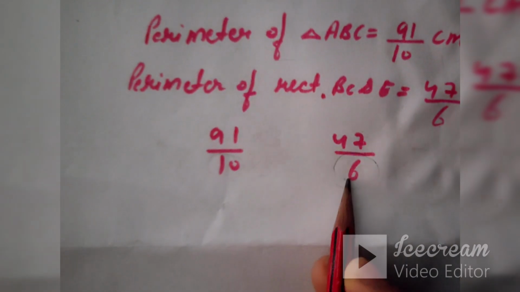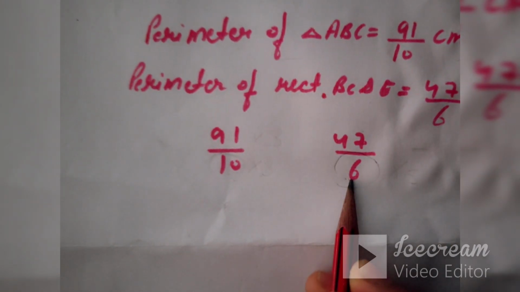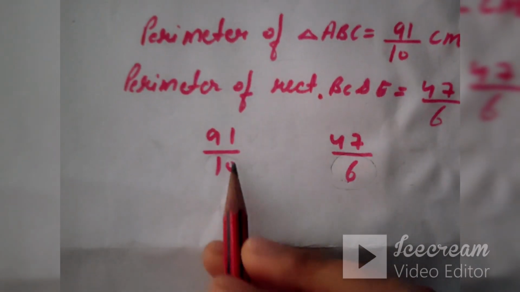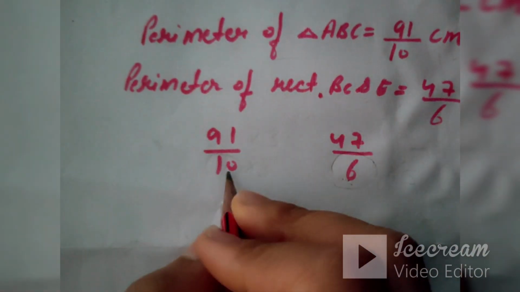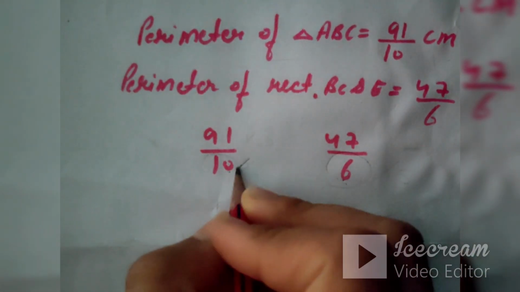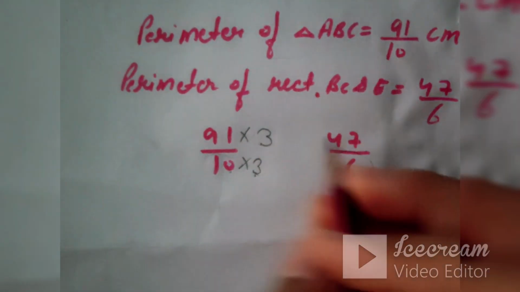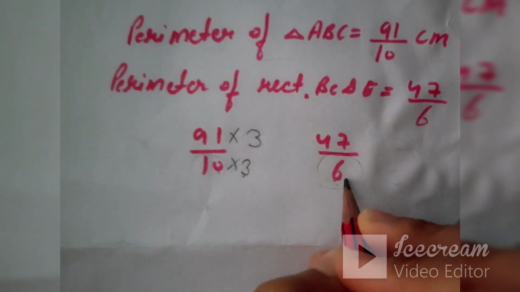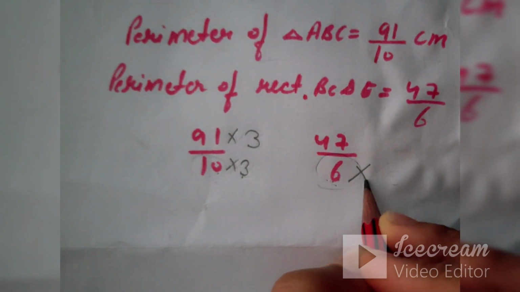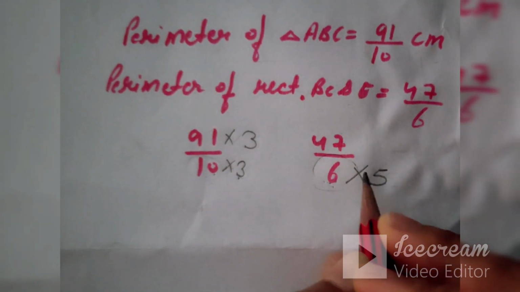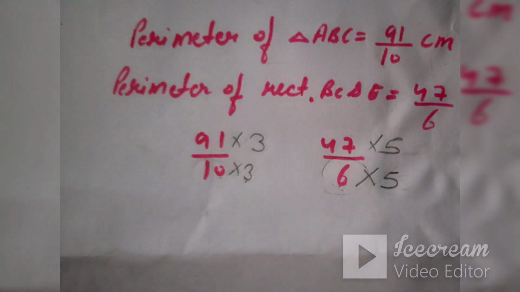तो उसके लिए आप एलसीएम लेंगे. 10 और 6 का एलसीएम लेते हैं तो आता है 30. तो आपने डिनोमिनेटर दोनों के 30 बनाने हैं. इसको आपने 30 बनाना है तो आप मल्टीप्लाई करेंगे 3 से. अब यहाँ 3 से किया तो यहाँ भी करना ही करना है. ठीक है, यहाँ भी आपने 30 बनाना है. तो 6 की टेबल में 30 कितनी बार आता है? 5 times. ऐसे ऊपर भी 5 से मल्टीप्लाई कर देंगे.